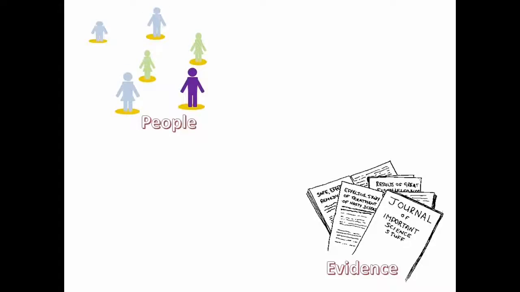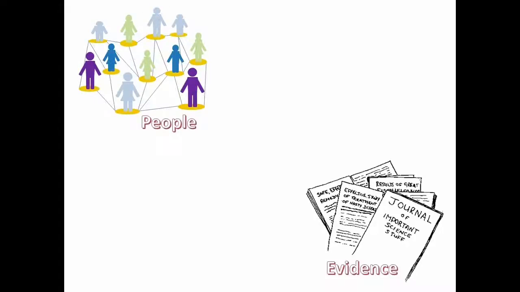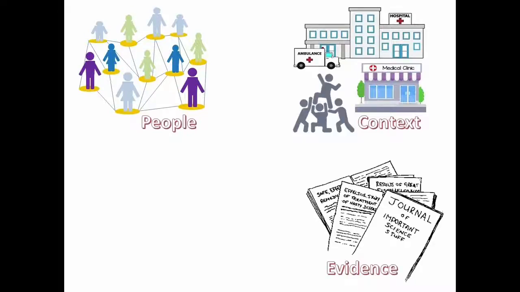So think about those factors you wrote down, and they could probably fit into a few key categories. The first one might be evidence. What was the evidence behind the innovation? Was there evidence behind the innovation? The next one might be the people who deliver the innovation, the recipients of the innovation, or even external stakeholders that have some interest in your innovation. It might have been the context. And the context is not just where the implementation takes place, but it could also be related to the culture of the place where you're trying to implement something, the barriers that you might be coming across.